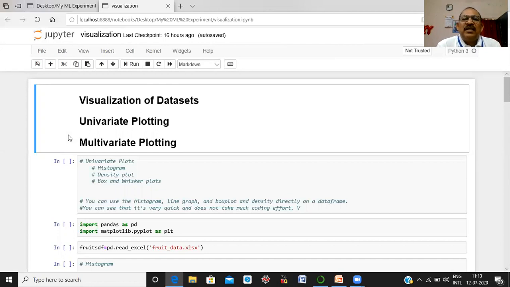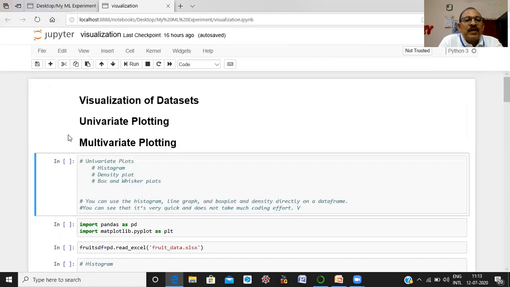Visualization of data sets through univariate plotting and next the multivariate plotting. In univariate plotting, we will use histogram, density plot, box and whisker plots.